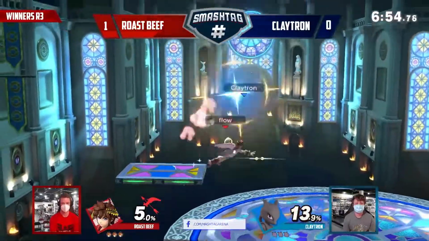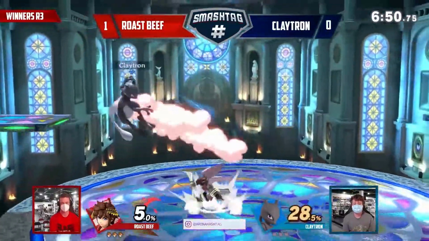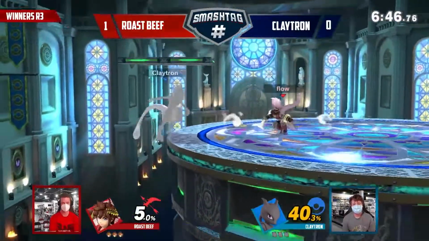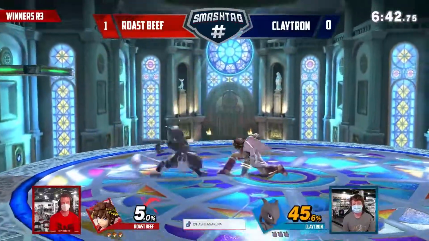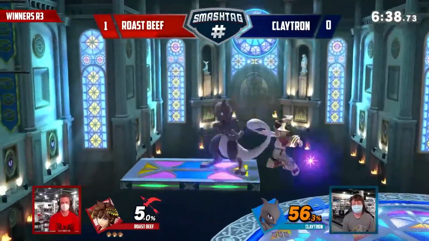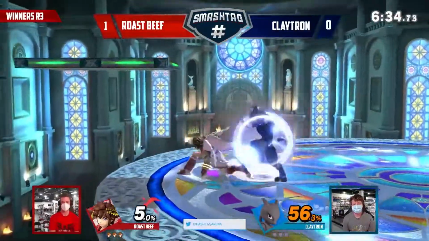Claytron counterpicking to Kalos. A little bit of home field advantage. Ooh, with Roast Beef not really looking like this is going to make any sort of difference. Already just keeping up this onslaught of damage onto Claytron. Yeah, I mean, definitely I think Mewtwo probably benefits from a stage that he can run around a little